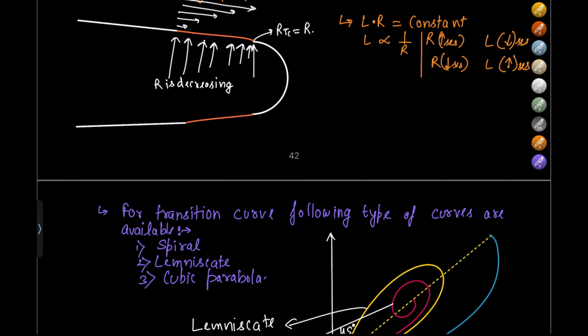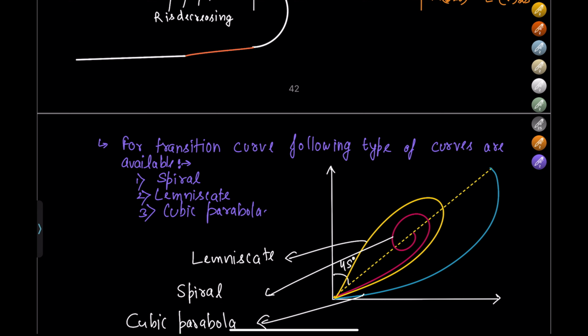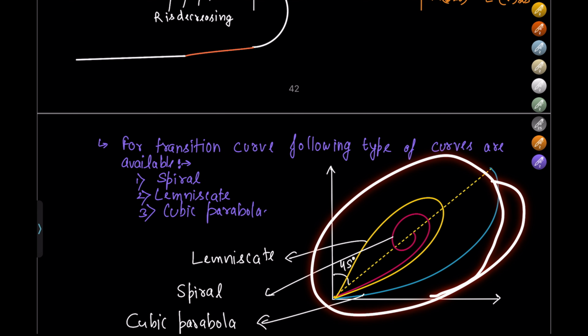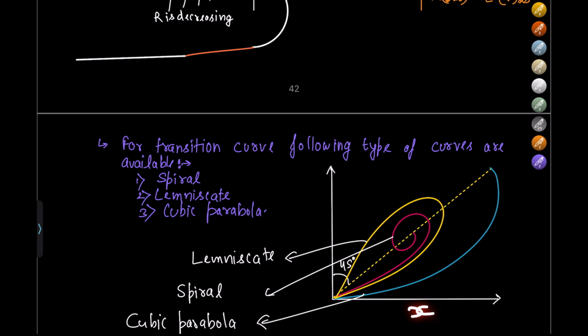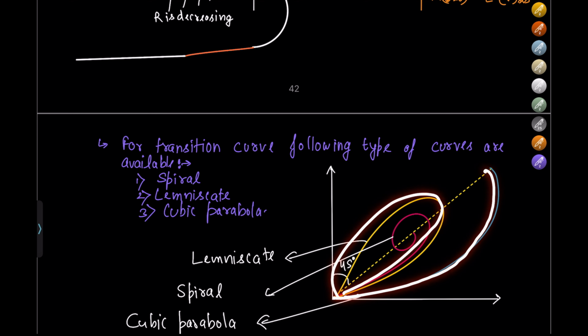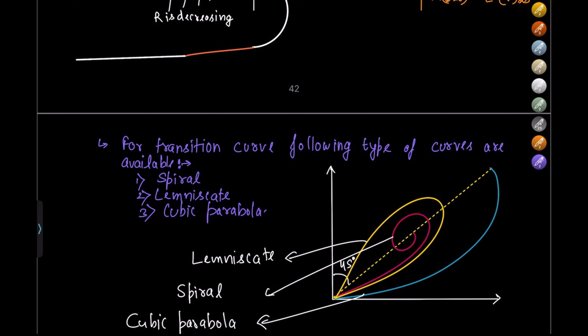Fine. Next is, for transition curve, the following types of curves are available. See, different types of gradually changing slopes of curves are available. One is spiral, one is lemniscate, and one is cubic parabola. So here we have shown all the diagrams. Here this is x direction and this is y. As the vehicle starts moving from here to here, these are basically mathematically drawn curves. The one drawn in the red is,